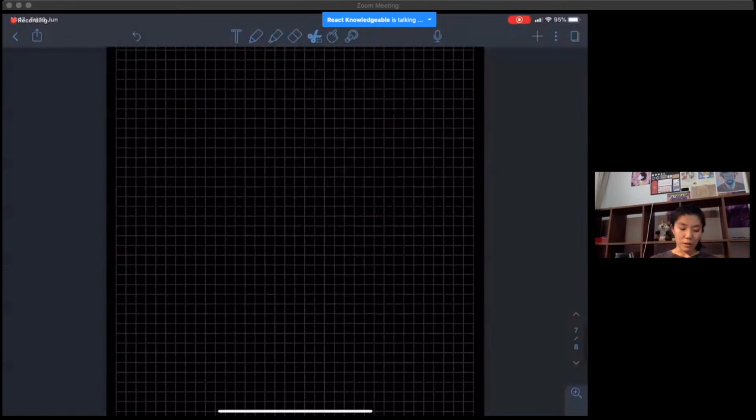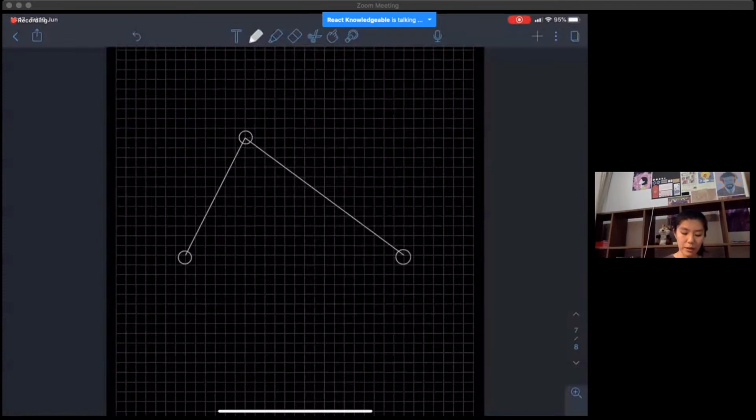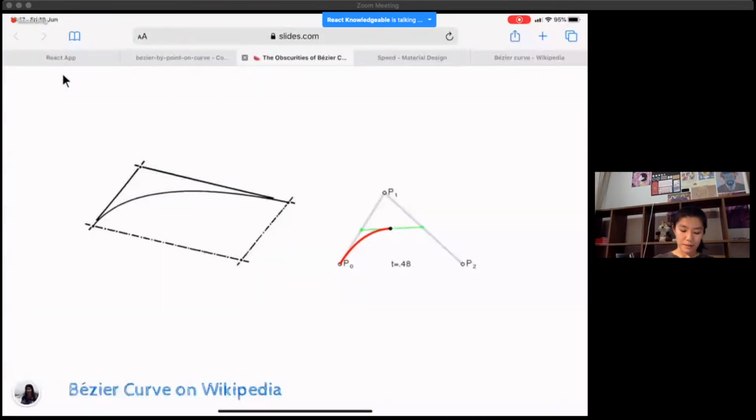Let me just try to draw what it looks like. So here is my first point, and it looks like it's going upwards this way. Here's my second point. And then it looks like we're doing this. And so how do we find out? So on Wikipedia, the black point is a point on the curve. So how do we find out that point? So what you do is,